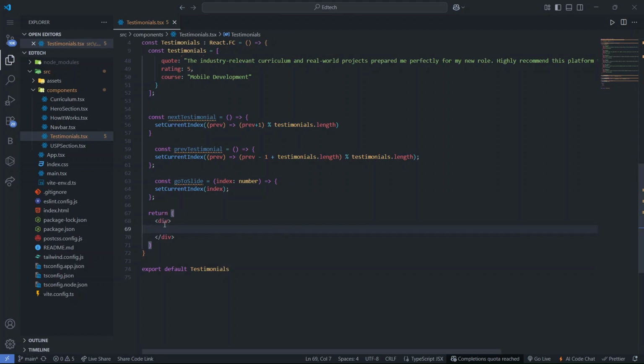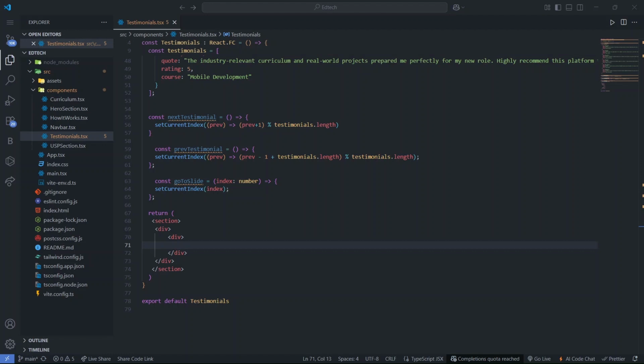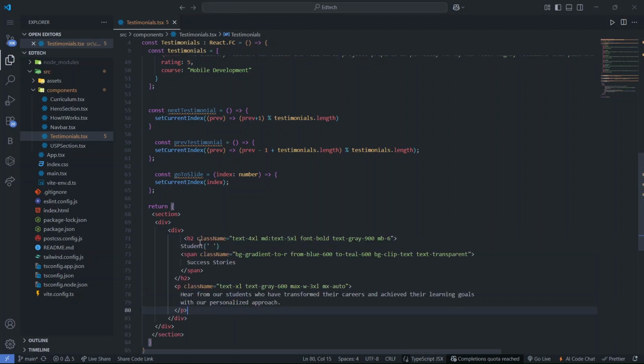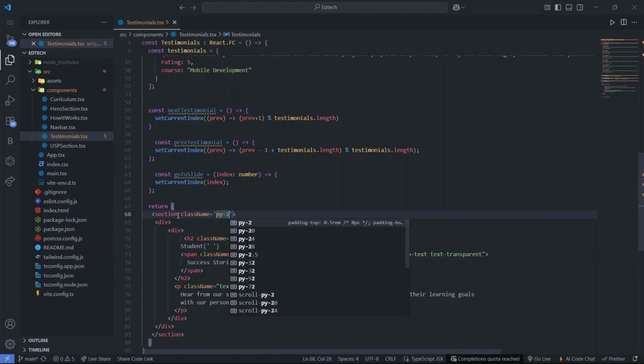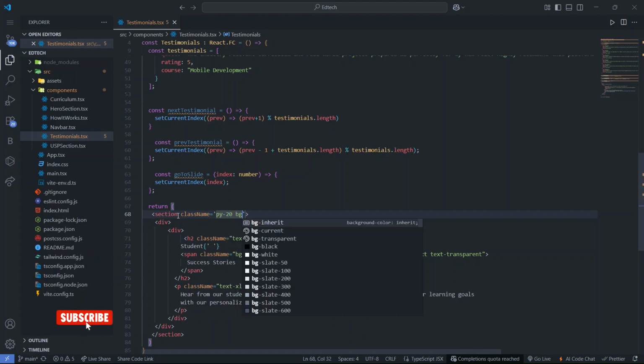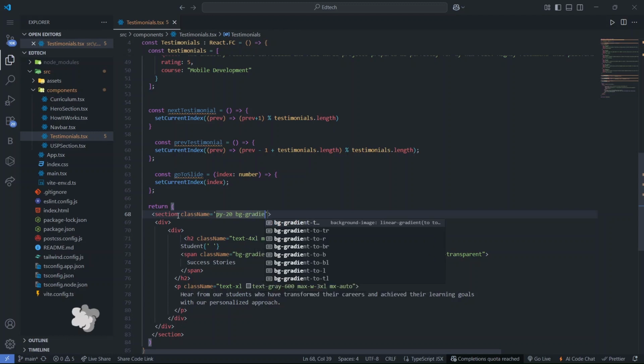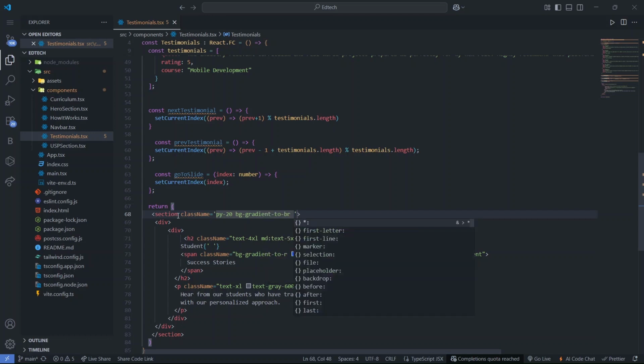So let's create the JSX part of our testimonial section. So use a section tag, and in this we can create a div, in this div we can create another div, and we can create an h2 tag, like previously we have created h2 and paragraph tag. So I'll just copy and paste, right? And for this we can create the class name padding y 20, bg gradient, right, to bottom right,